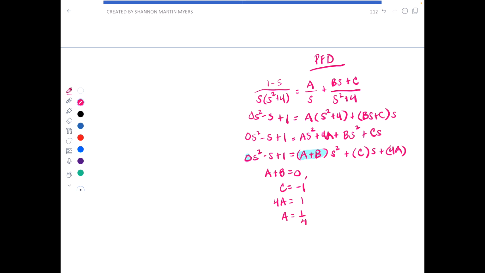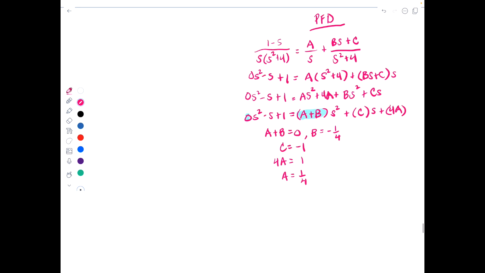That means that B is going to have to equal -1/4 to make A plus B 0. And so